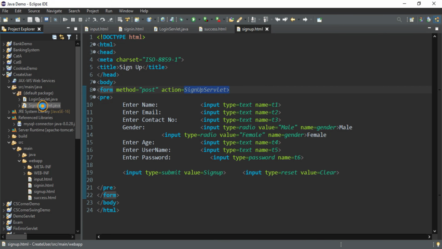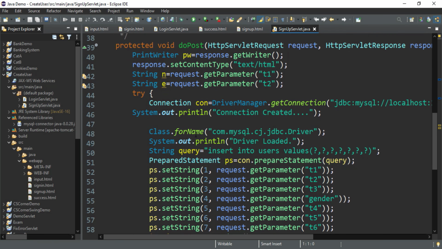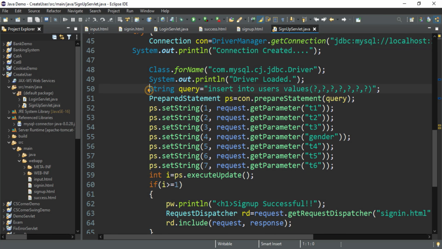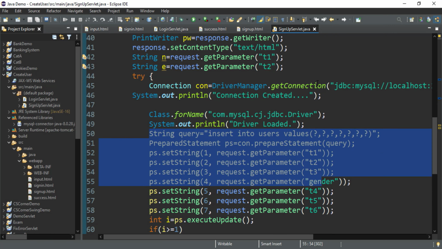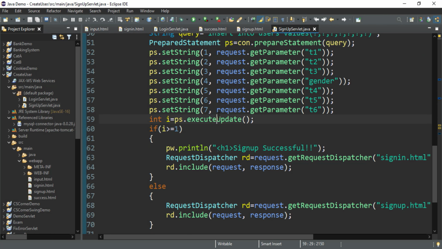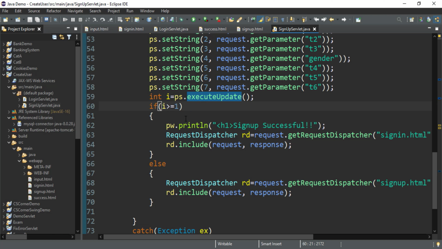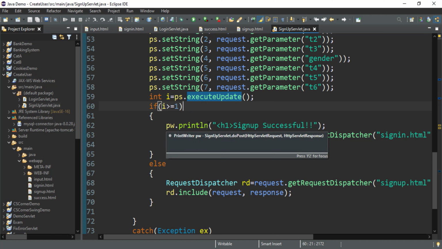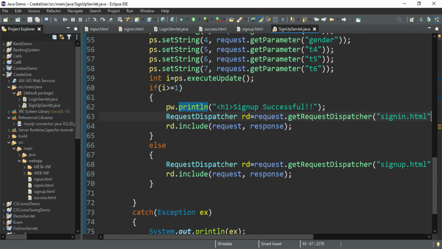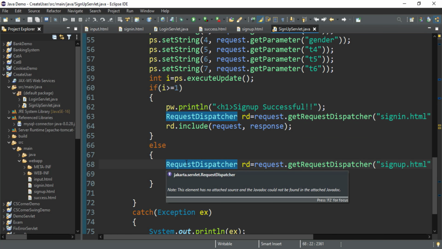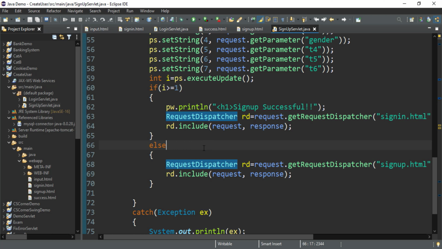And in my signup servlet, again I have code related to JDBC which inserts my data into my table. So it establishes connectivity with my database and inserts the record, and if the sign up is successful, it redirects me to signin.html. Otherwise, it redirects me to signup.html again. I have done all the settings as well as added the MySQL connector.jar file, and you can see the path it is showing is my desktop path.